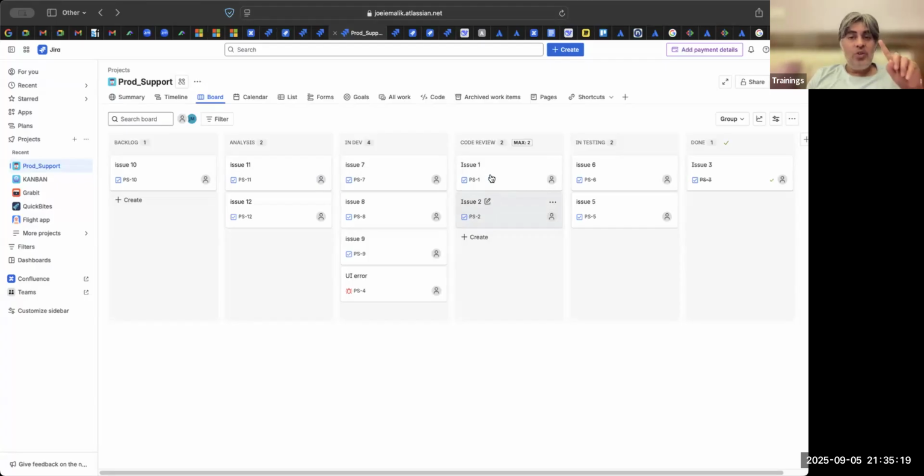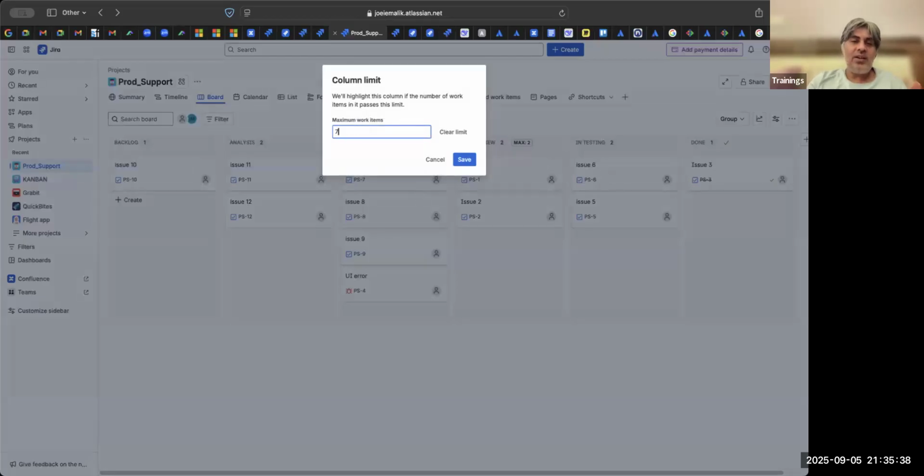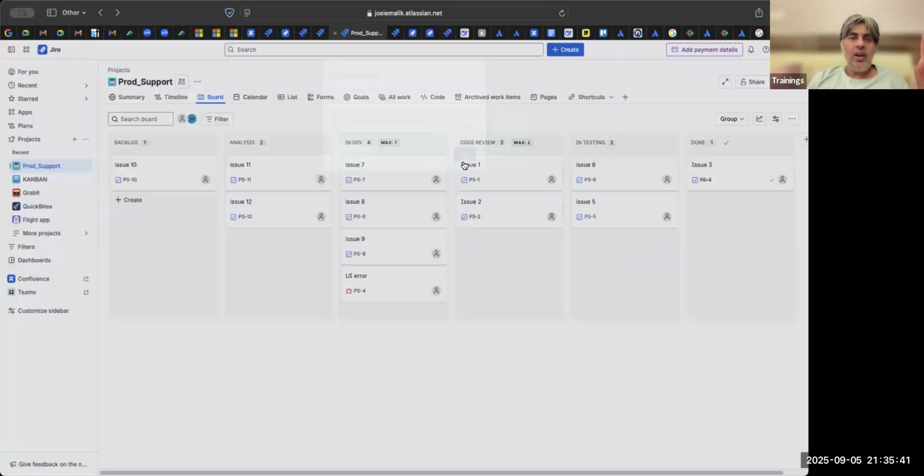So this guy who's actually doing 2 code reviews, you say you have 1 more ticket you can handle. That is fine, 3. The other 2 guys, we say they can also handle 3 and 3, 6 tickets. So 6 plus 1, 7. So I put a limit here. And this is just a basic thing. In real time, you can do all sorts of permutation combinations, but let's not get into that.